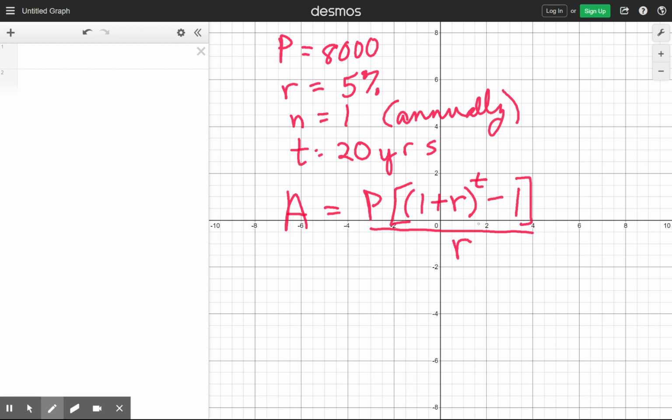So on this type of problem, typically you're given several formulas to choose from. This is what you want to put on your note card: annual compounding doesn't have any N's in the formula. It's just this simpler formula. So if we plug in our numbers here in Desmos now,